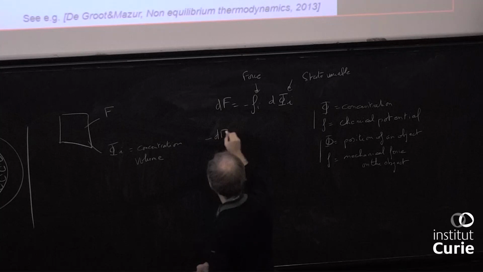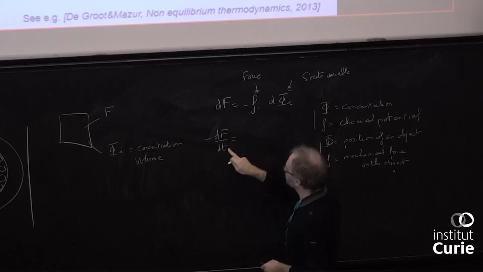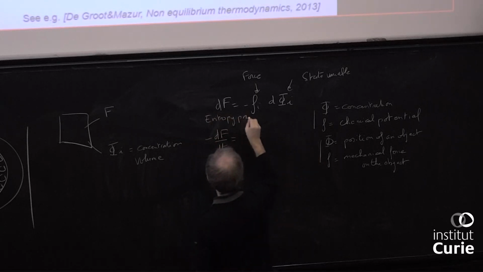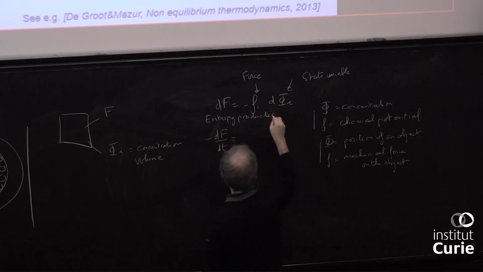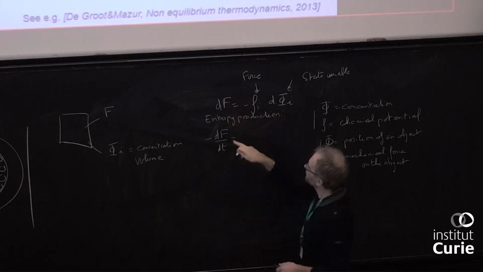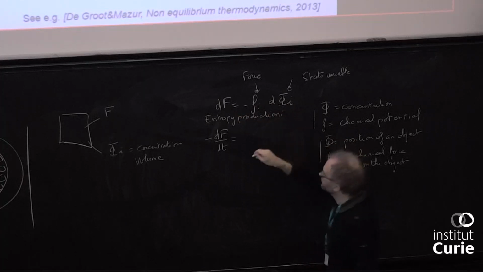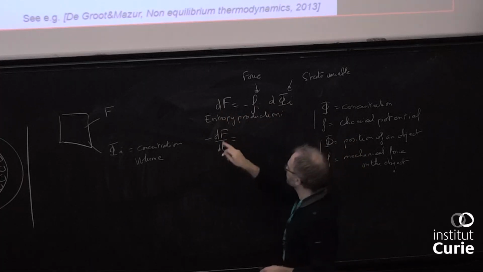And then if the process is sufficiently slow, I can calculate the entropy production in the system. If I do things sufficiently slowly, this will apply quasi-statically, and I can just take this equation